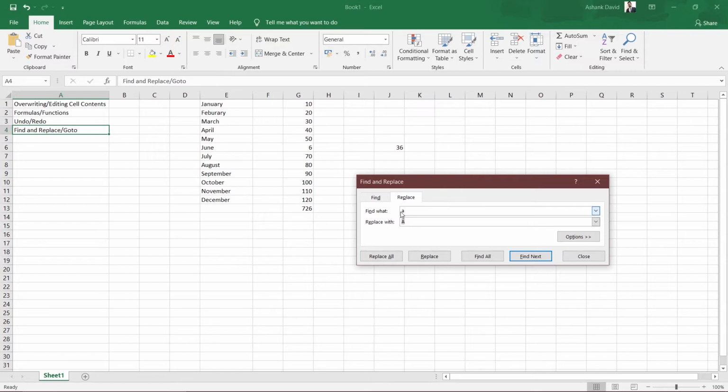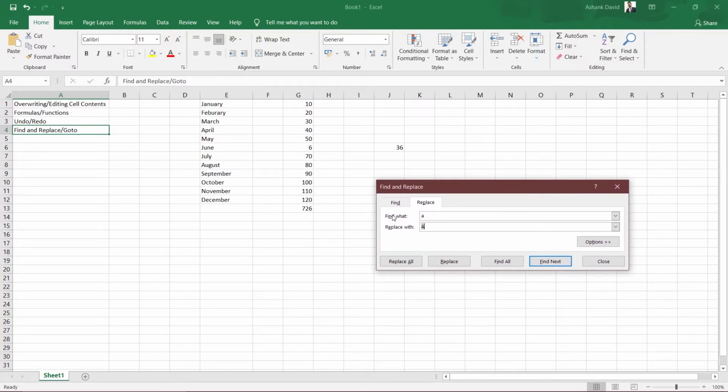Now what this Replace window does is you have these two options here: Find what and Replace with. Whatever you write in Find what, it will find that particular thing, and whatever you write in Replace with, that particular thing will be replaced with it.